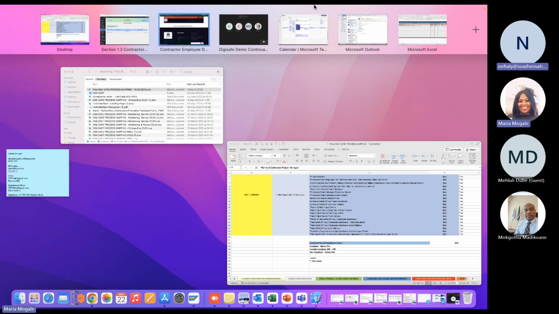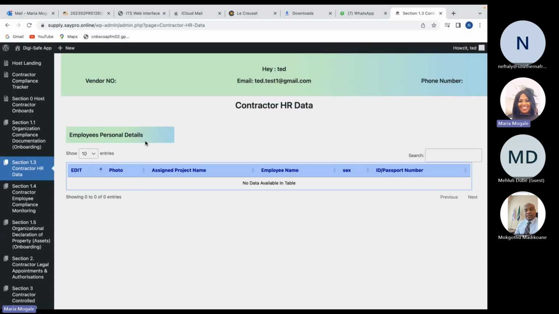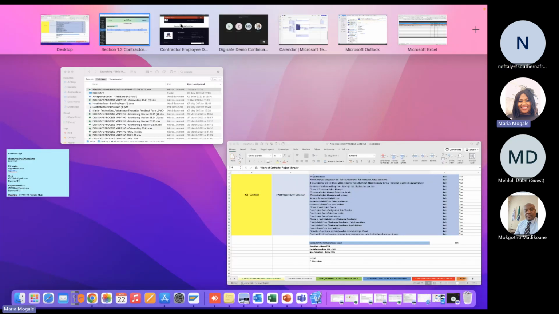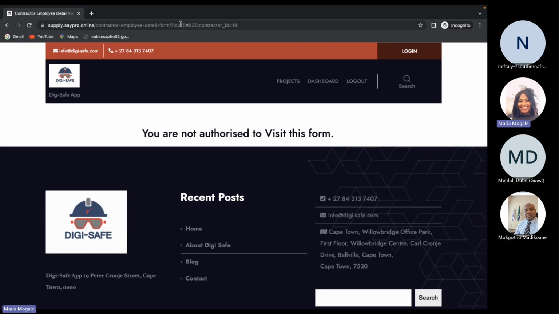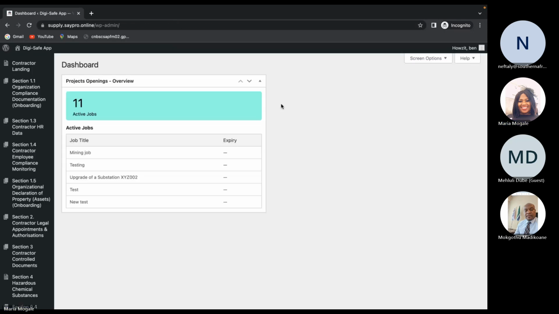As a host company, I come back, I receive it again, I'm happy, then I approve. Now, let's assume that the process ran smoothly. The contractor sent back the documents, the host is happy, and they've approved everything. That's when this part comes where